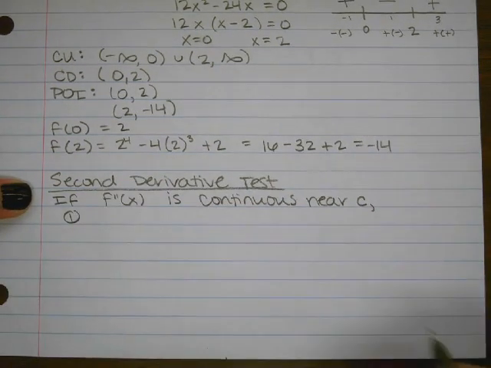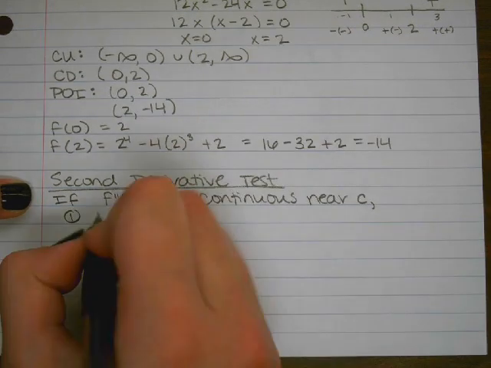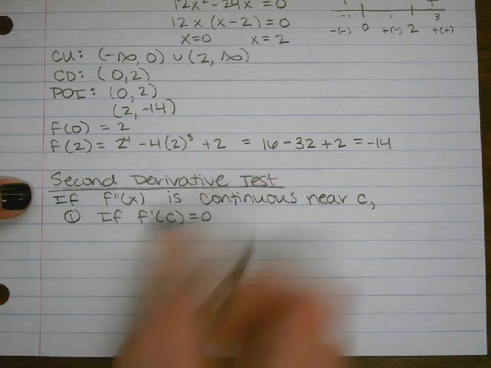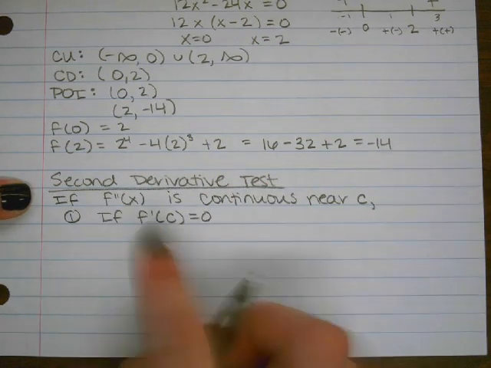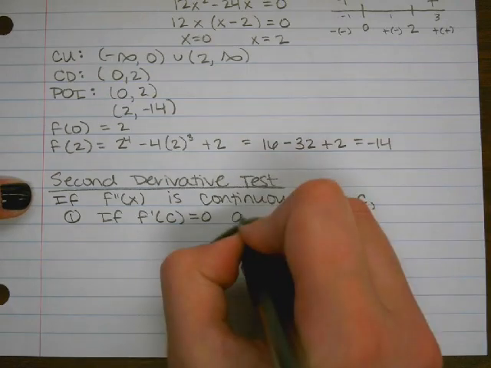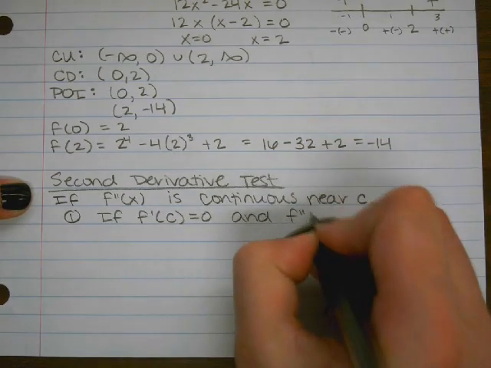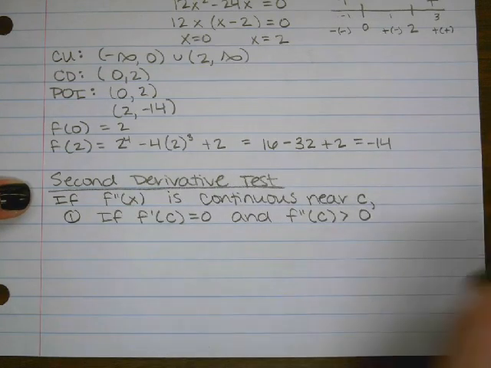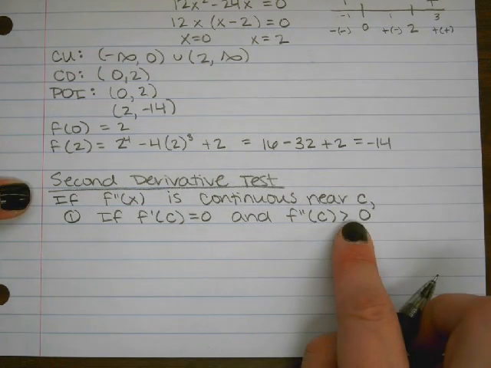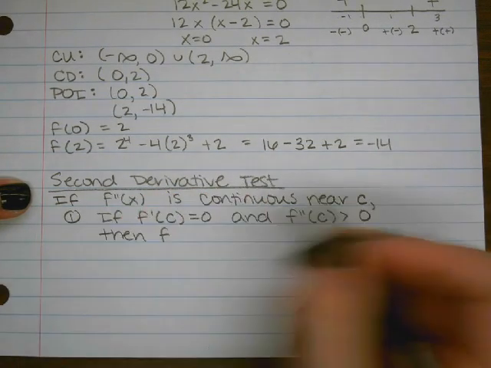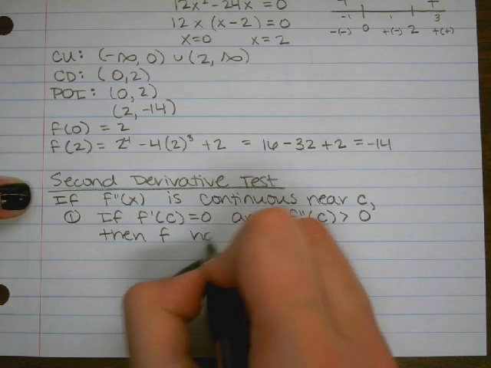So if the second derivative is continuous near c, then if the first derivative at c is 0 and the second derivative at c is greater than 0, so that means it's concave up, then the function f has a local min